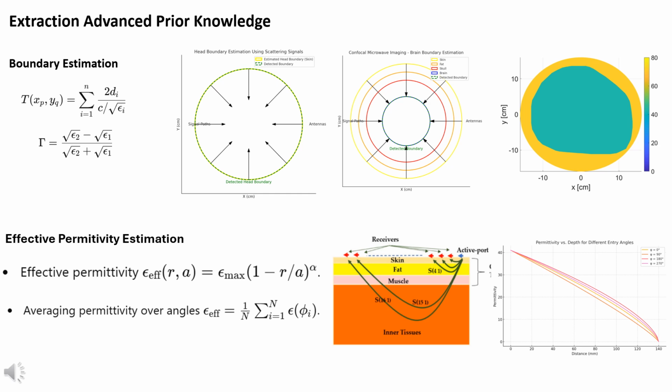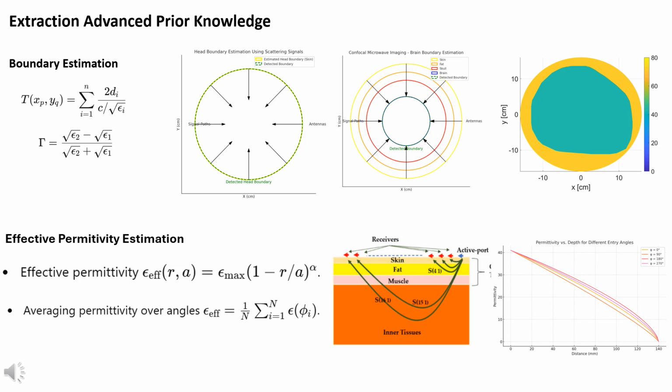This demonstrates how permittivity decreases as the waves penetrate deeper, which is critical for reconstructing an accurate image of the internal tissue structure. In summary, this slide explains how boundary estimation and permittivity estimation are combined to enhance microwave imaging, allowing for better detection of tissue boundaries and more accurate reconstruction of internal head structures based on the varying permittivity